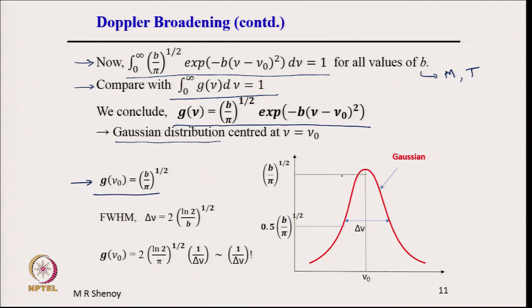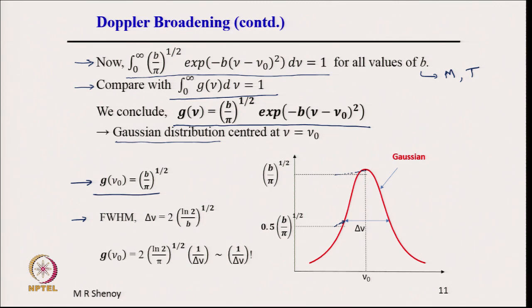Oh, this must have got shifted. So, this peak value is here. This is the maximum value, and the full width at half maximum is found at half the maximum, 0.5 times the square root of b by pi, and you can determine that FWHM is given by delta nu equal to 2 times the square root of ln 2 by